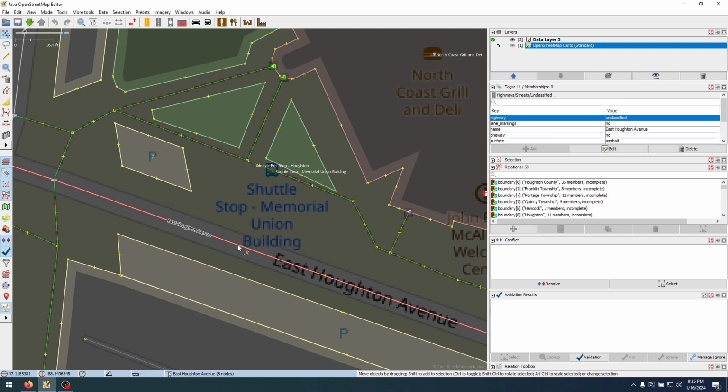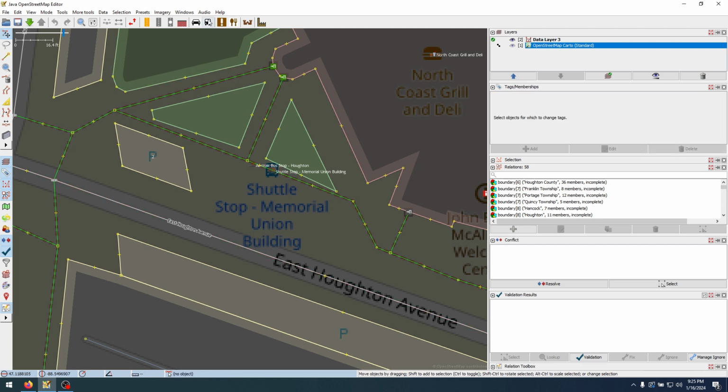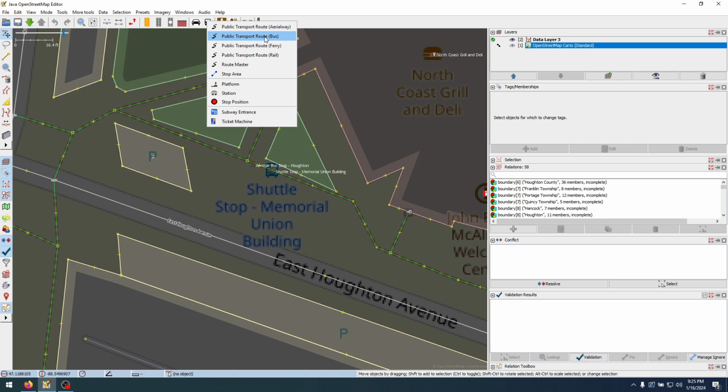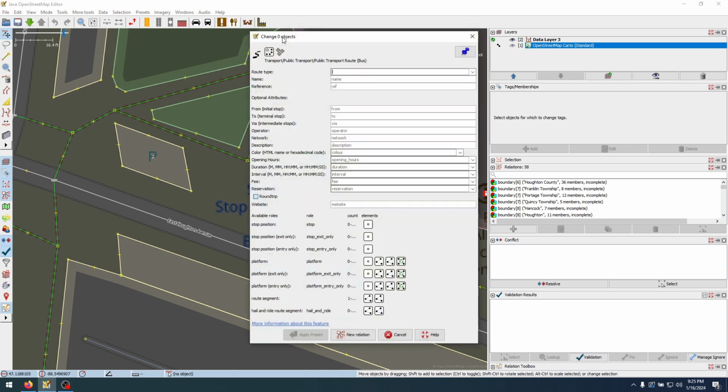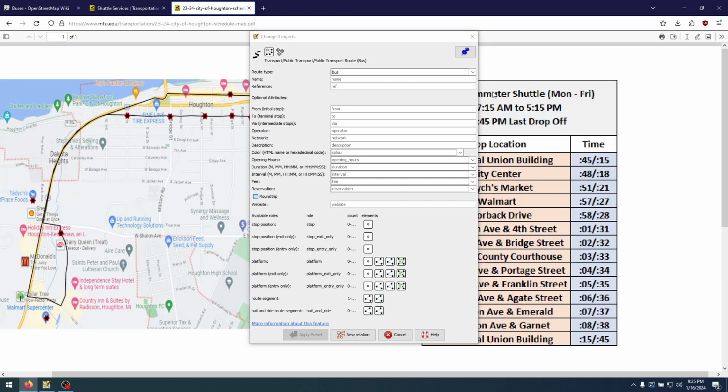So if I want to create a relation, what I can do is press this preset, transport, public transport button and click the public transport route bus. So this window comes up that's setting the parameters, and the one that I'm going to type in real quick is bus, and this information you can add in later. But in our case, real quick, what I can do is this is the